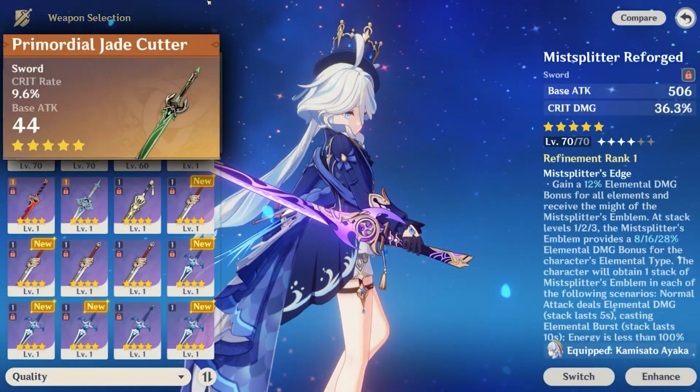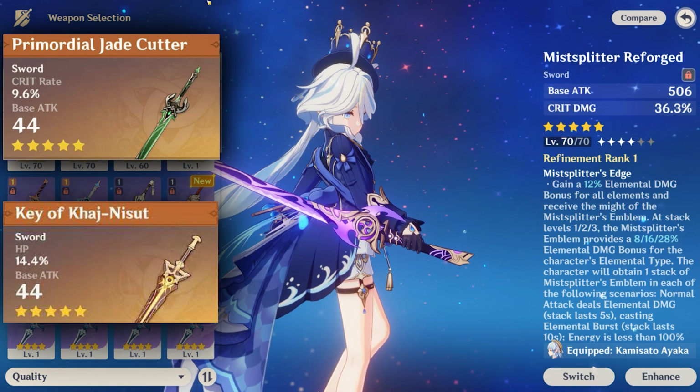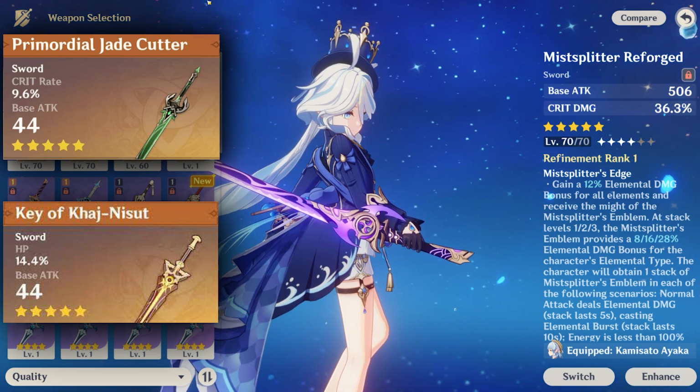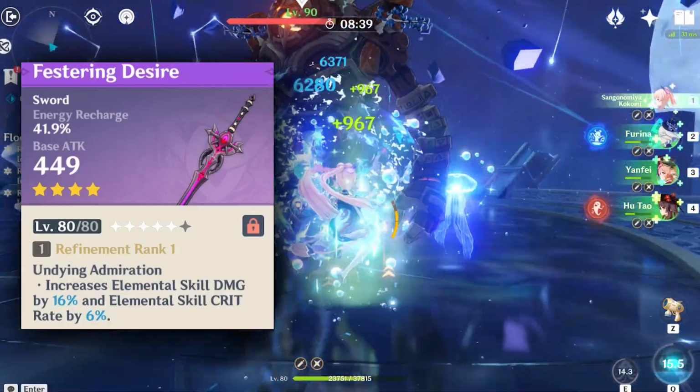But other 5-stars like the Primordial Jade Cutter, the Key of Khaj-Nisut, the Mistsplitter Reforged, and a few more can also be a great option, as they all can help to boost Furina's crit stats while also offering some pretty useful effects. Festering Desire is definitely Furina's best 4-star weapon, with it providing a good amount of energy recharge,